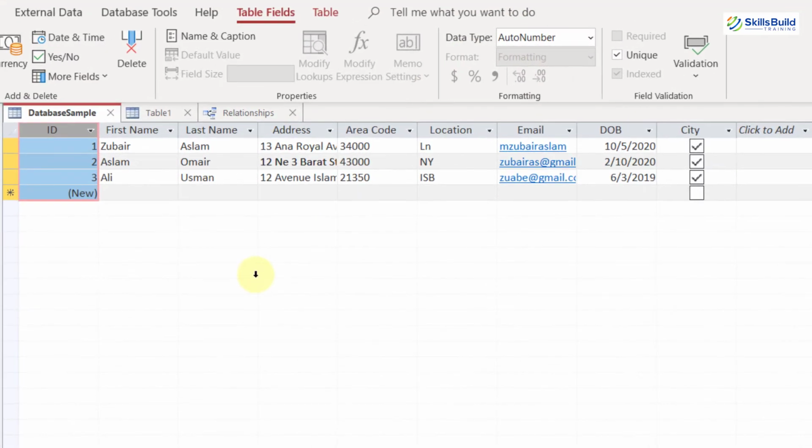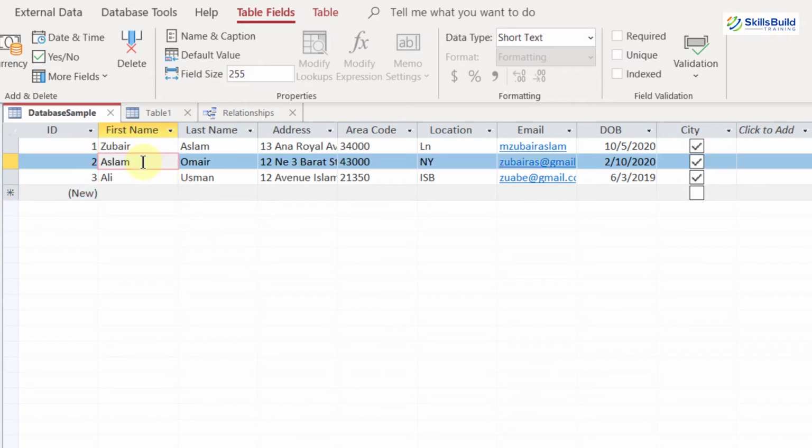Well, now as you can see, we have a table with different entries of data. If I click on any one of these objects, you can see that the active field now has a different color than the rest of the table, and this shows that this particular field or this particular type of data is active at the moment. As you can see, it is First Name and it has a yellow color on its label, and it shows that we are now in this field, and all the rest of the data in this table is not active.